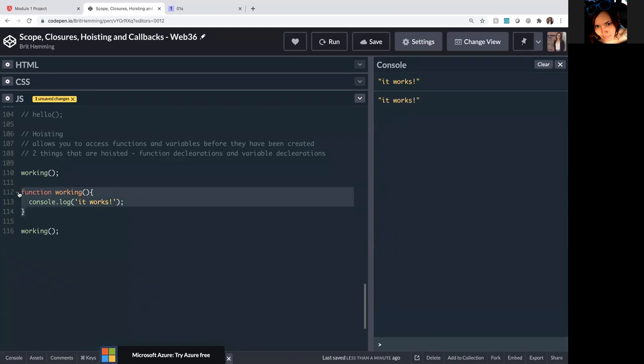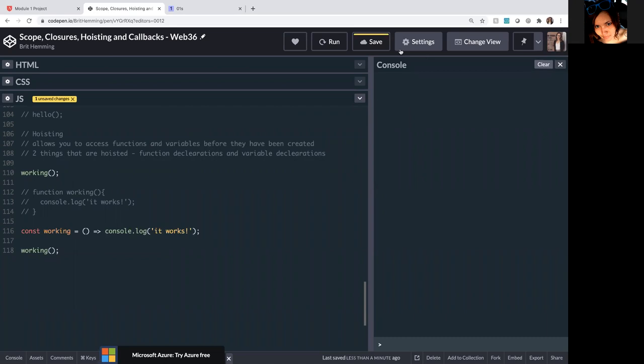So if I comment this out and I say const working equals, and I give it an arrow function, console.log, it works. Okay, clear, save, run. Cannot access